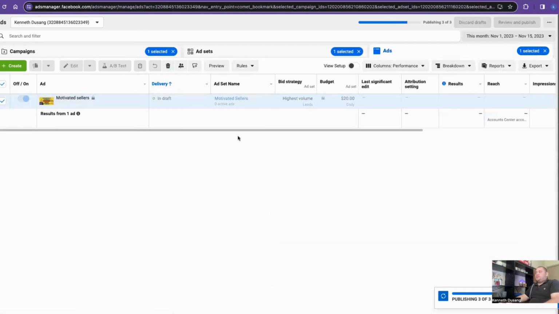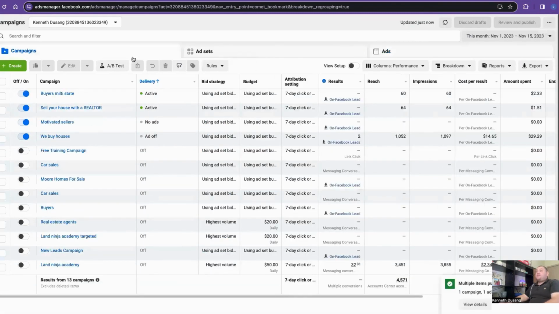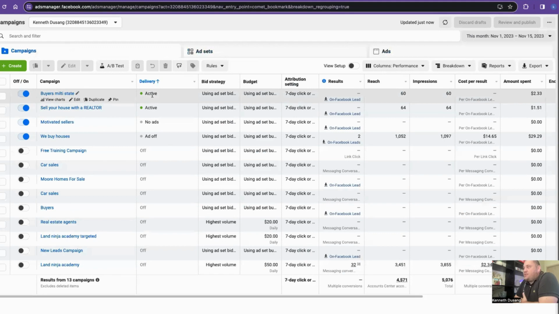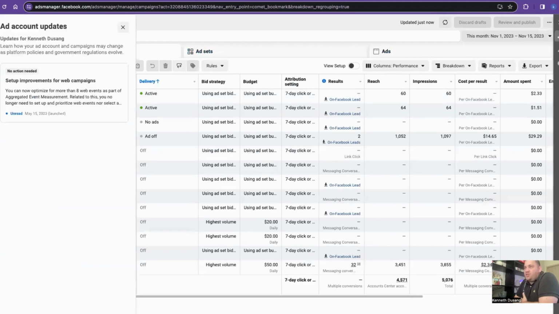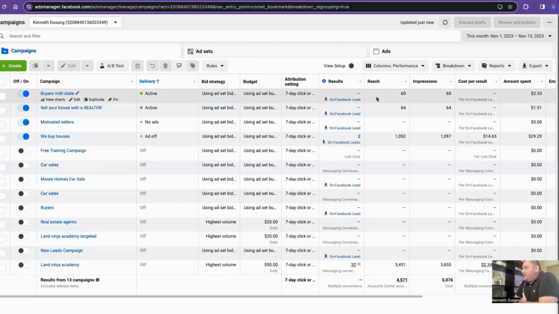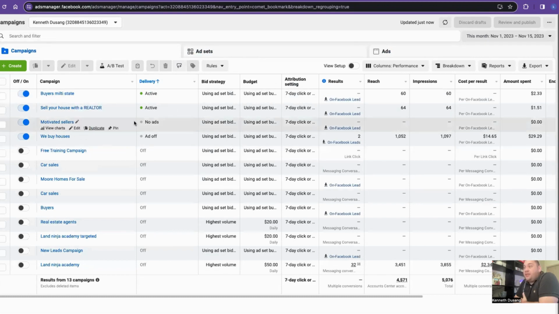Now it does take a little bit of time for your ad to be published. If you are a new account running Facebook ads, it could take a day, but once it publishes, you're going to be right here and you're going to be able to see your campaign status. Once it becomes active, it'll literally say active. You should get a little notification saying it's active. And once you start getting leads, the way that you find them is, one, you can either click here, or you can set up this account to where your leads come directly to your email.